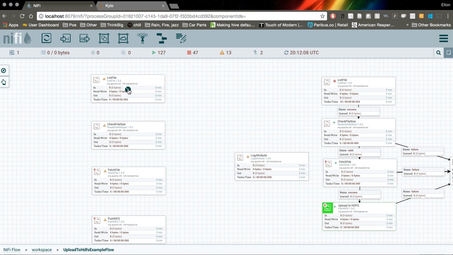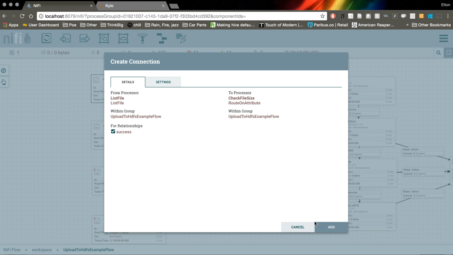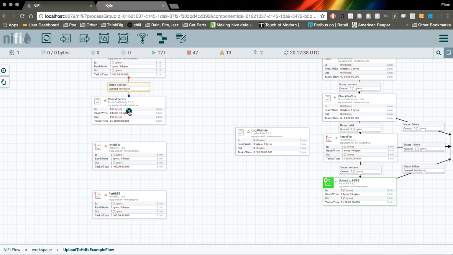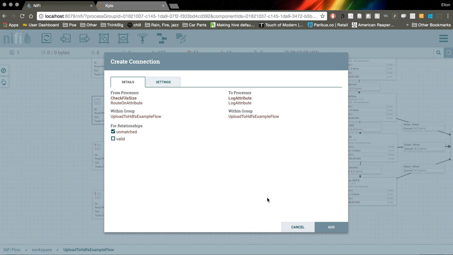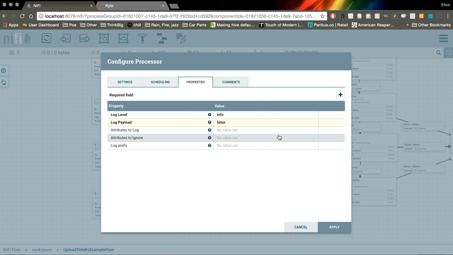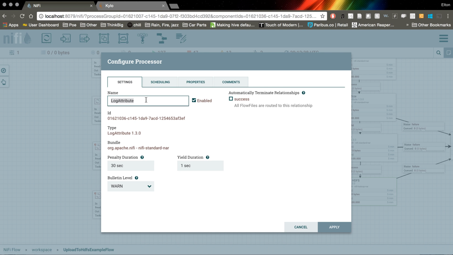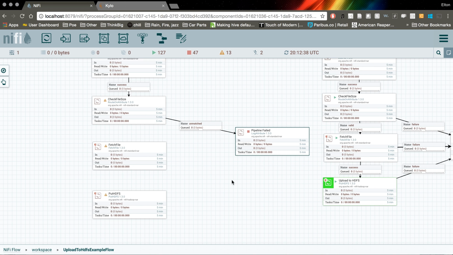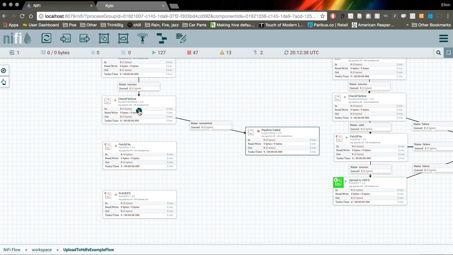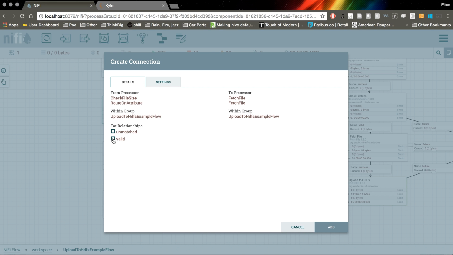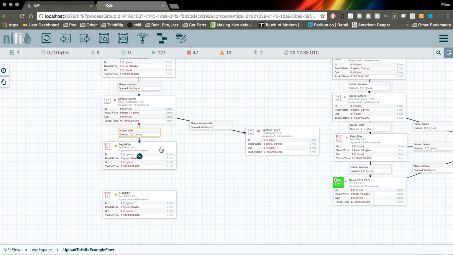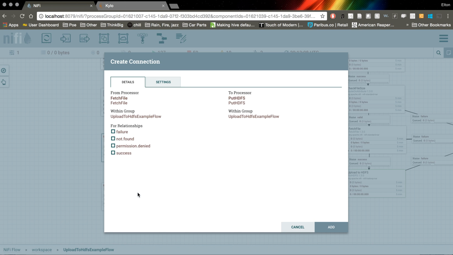So let's go ahead and do list files. We'll connect that to the check file size with route on success. Then check file size, we will route unmatched to our failure. And then we'll go ahead and change the name of this processor to be pipeline failed. We'll auto terminate that on success as well. And then under check file size, we're going to route the valid relationship into fetch file, and then we're going to route fetch file into put HDFS on success,